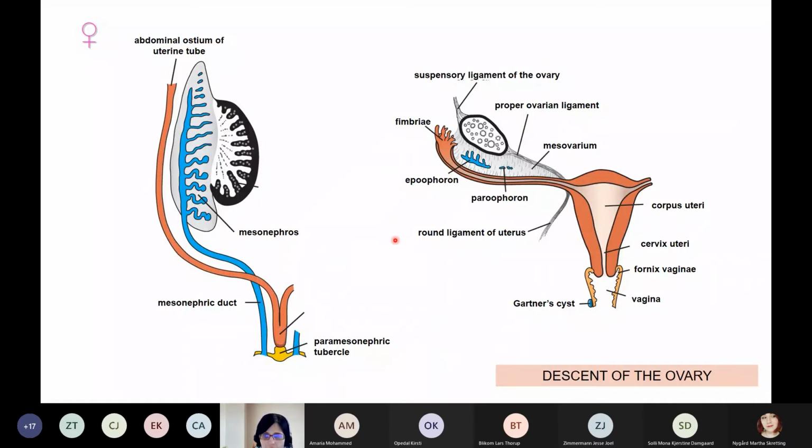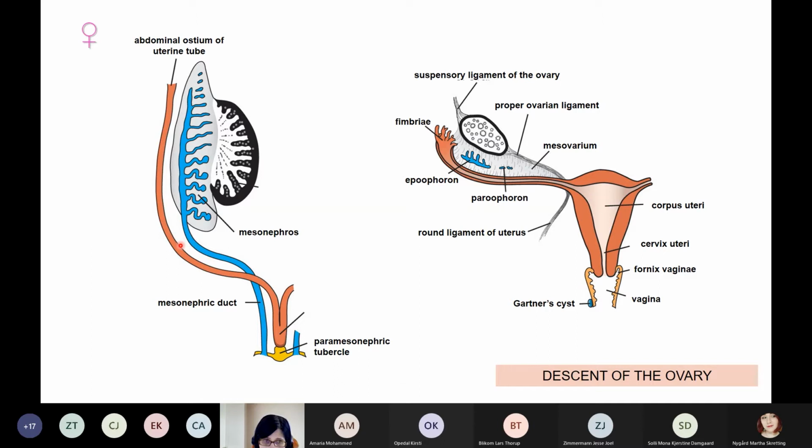During the development, the ovary descends, not so pronounced like the testes did, but the ovary has also its descent. But of course it's considerably less than the descent of the testes, because the ovary descends only to a level which is just below the entrance of the lesser pelvis. But during this descent, it pulls also structures with itself, and during this descent, these two portions, the vertical upper portion and the transverse portion, will be pulled downward, and they will give the uterine tube